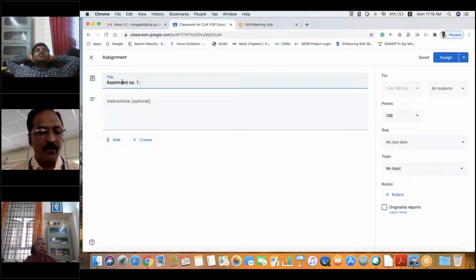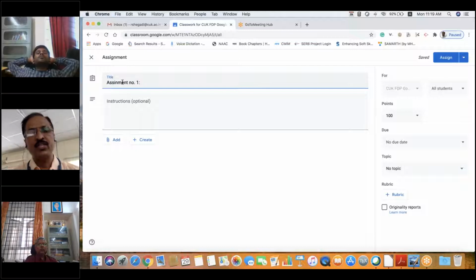Suppose, for example, you are feeling that somebody can misuse it later. Once all students join the class, you can change the classroom code, because sometimes students can do mischief and share this code with somebody else outside their class, somebody in their neighbourhood, their friends. To avoid such misuse, you can change this class code so that anybody who gets the class code will not be able to join this class. So it is better to change the class code as soon as all the students join the class. That is the best option.